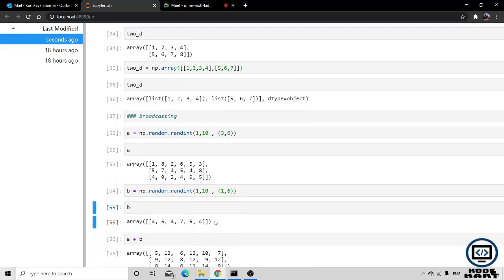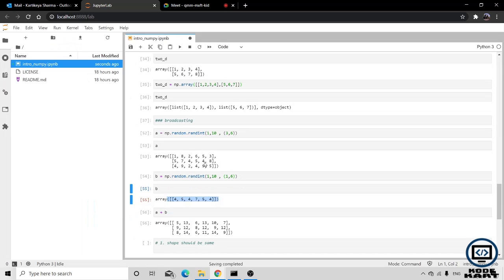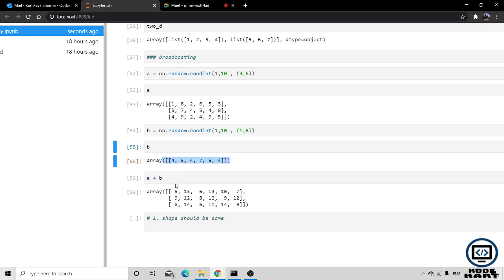So this first row with 6 columns is going to add with each of the rows. The 4 is going to add with 1, 5 is going to add with 2, 4 is going to add with 2, 7 is going to add with 6, 5 is going to add with 5, 4 is going to add with 3. Then again for the second one it is going to add, for the third one it is going to add. So how this is going to add with all the 3?